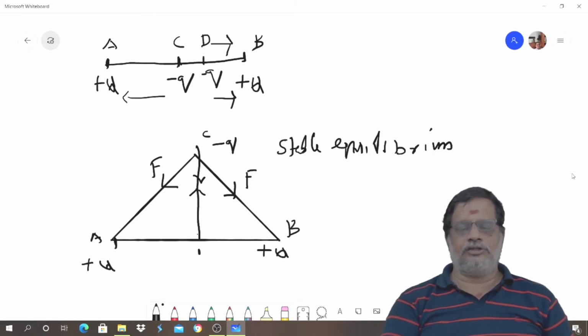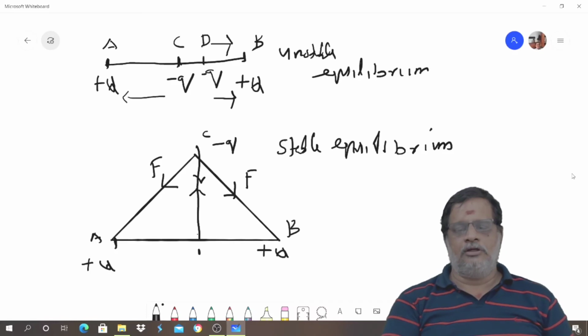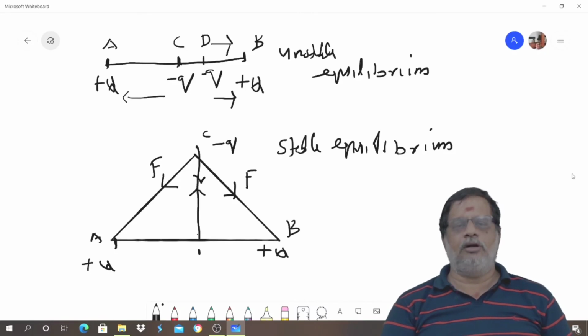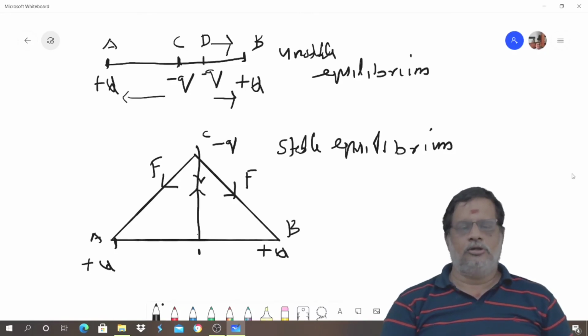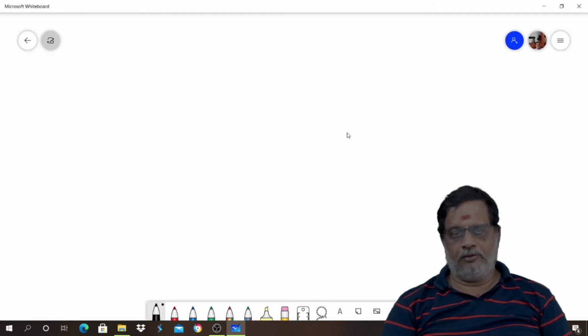Previously it was in a state of unstable equilibrium. That is a state of unstable equilibrium for displacements along the line joining the charges, whereas for displacements perpendicular to the line joining the charges, the middle charge is in a state of stable equilibrium. So if the middle charge is not similar, then for displacements parallel to the line joining the charges, it is in unstable equilibrium, and for displacements perpendicular to the line joining the two charges, along the equatorial line, it will be in a case of stable equilibrium. Clear? Okay.